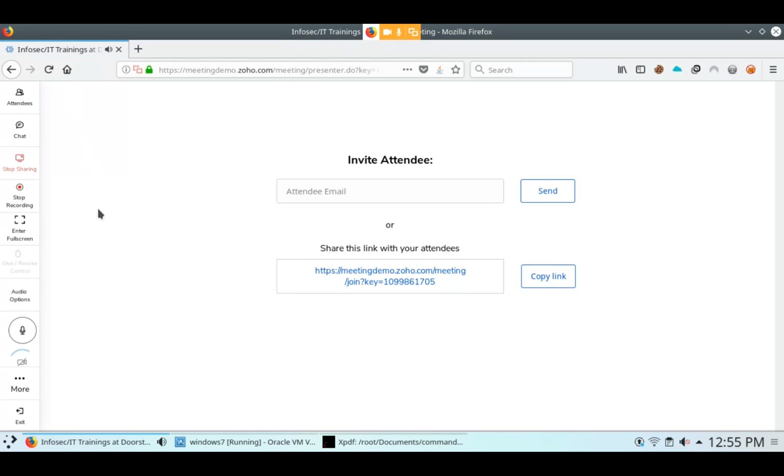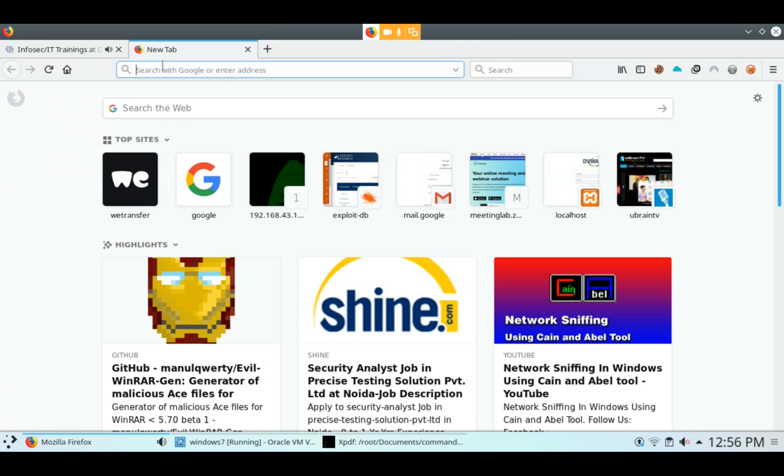Power ISO is a tool to make a bootable pen drive. You can also select an ISO file.